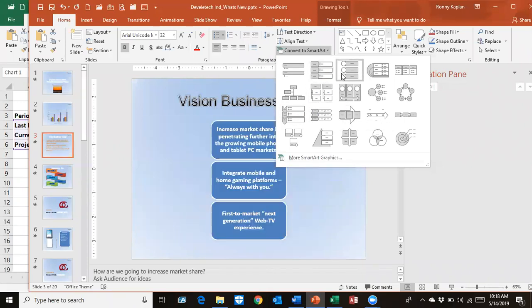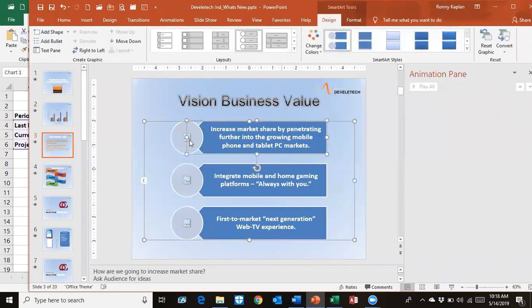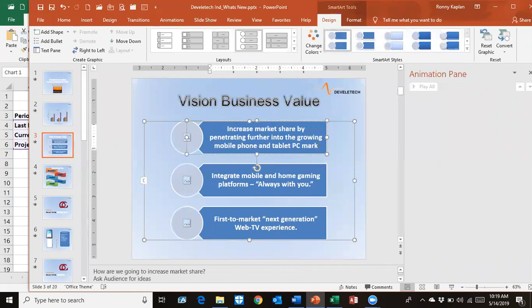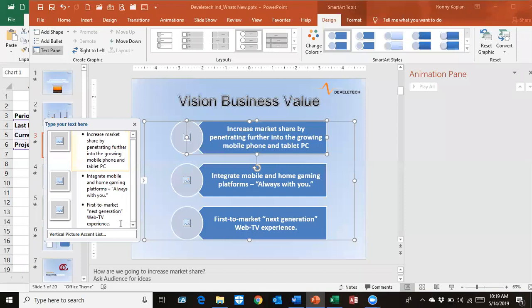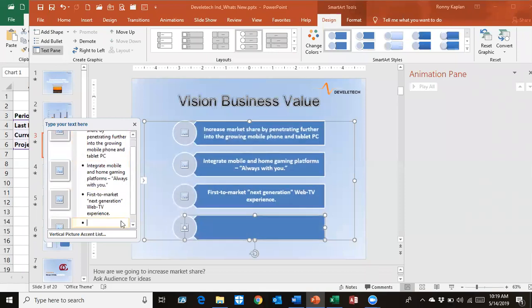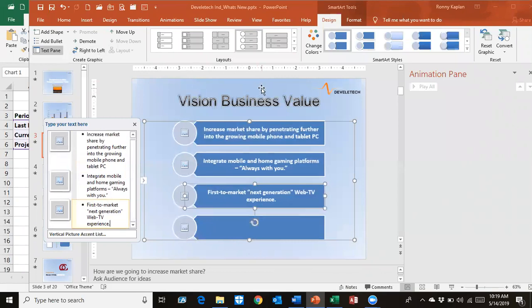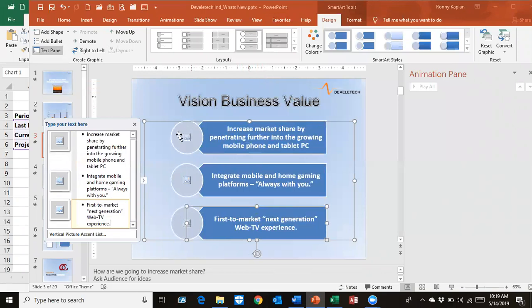So let's say I choose, I don't know, this one, and I'm going to put some kind of picture in the other thing. So that's interesting, and that's Smart Art. And you can add another one. You can add more to it, and if you want to, you can type right into this area. I mean, I could delete or add stuff there, or I can click here and open up a box that allows me to add more. So if I enter at the bottom, it's going to put another bulleted area, another picture. Once I've created, I'll get rid of that one. Once I've created the Smart Art,